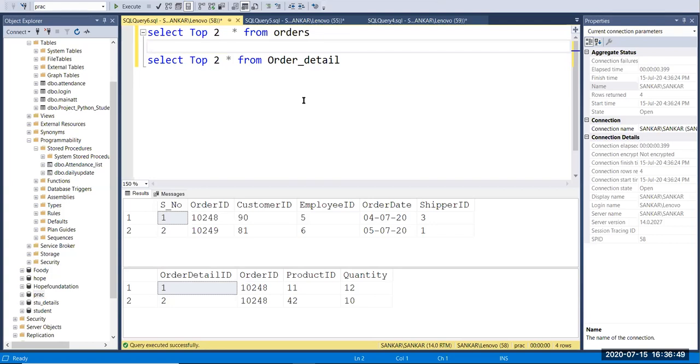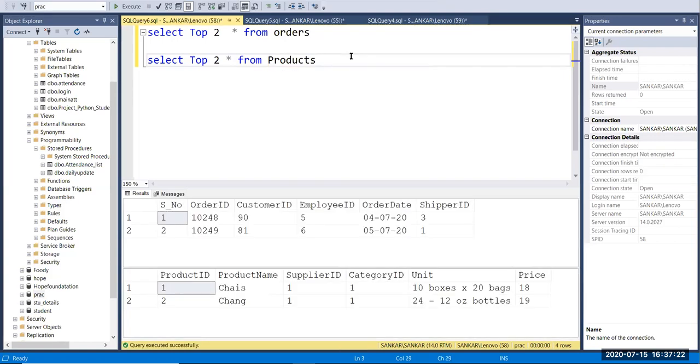Now you can see how much quantity has been sold or shipped to which customer. You can connect these five tables, right? And the final question: what is the product? I can also connect the product ID into my product table. Now when I run this, I have given top two rows only, that's why it's printing two rows.